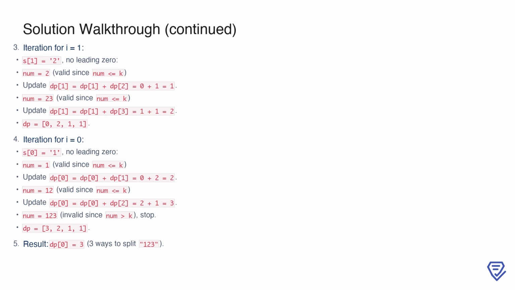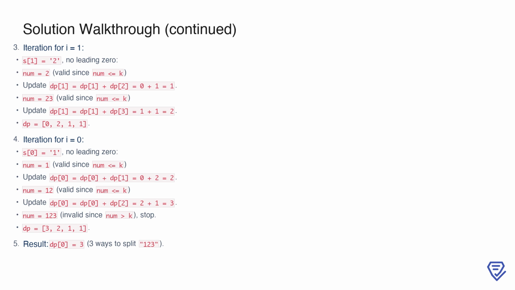At i equals 0, the character is 1. We compute the number 1, add dp[1] to dp[0], and update dp[0] to 2. Extending to 12, we find it is valid, so we add dp[2] to dp[0], updating dp[0] to 3. However, when we compute 123, it exceeds k, so we stop. The final dp array is 3, 2, 1, 1, and dp[0] equals 3, indicating there are 3 ways to split